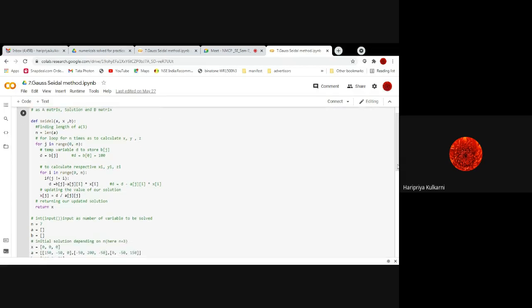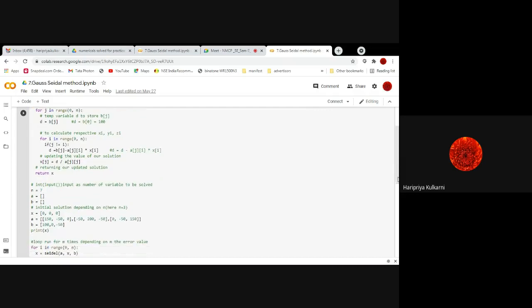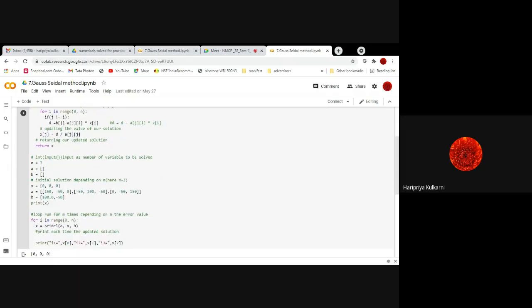I will go further first. From here, our main program starts. Before this, it was a function definition. Whenever the function call comes in the main program, at that time I will explain the function definition. So n equal to 7, where n is the number of iterations. Just now we have solved the numerical for 7 iterations, so here also I am taking 7 iterations.